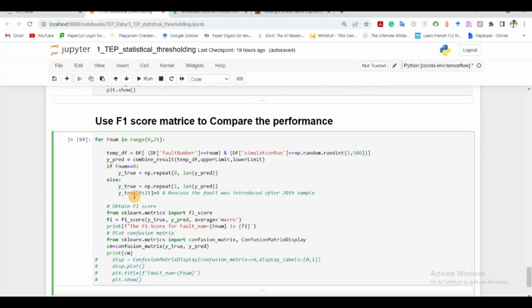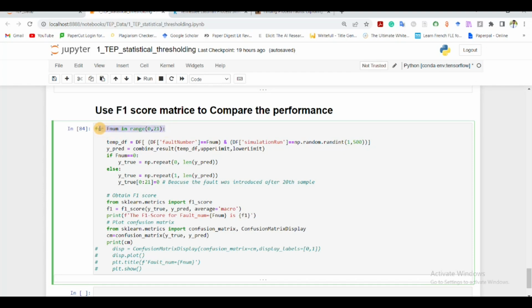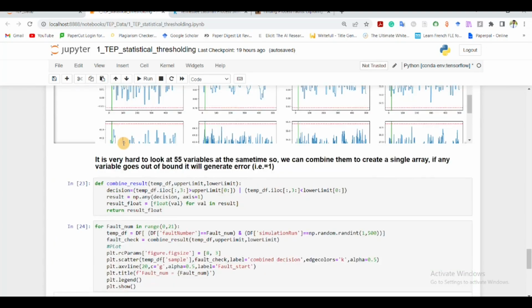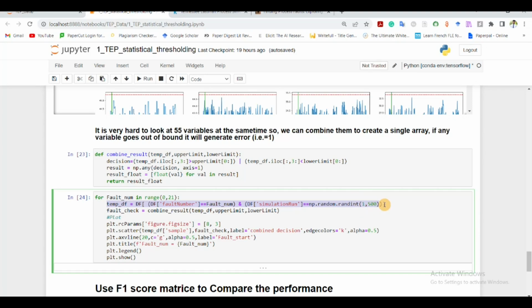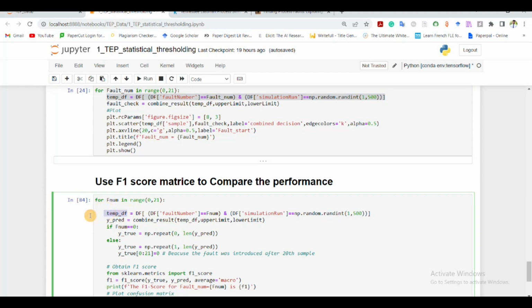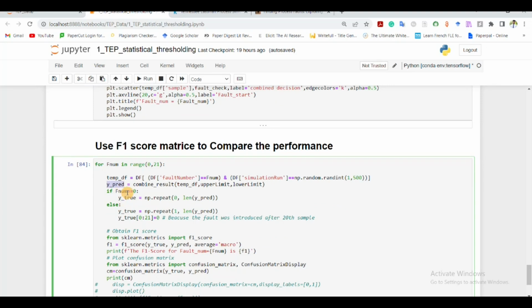All right, so here I'm going to write a function and enumerate through all the different types of faults, the same as I did here. I'm going to put them in a data frame. Then I'm using the combined result from the data frame, and it has two other inputs, upper limit and lower limit, to do the threshold checking, and I get y pred, which is a single variable for each time instant. And I'm saying if f num is equal to 0, that means it is the healthy condition, then